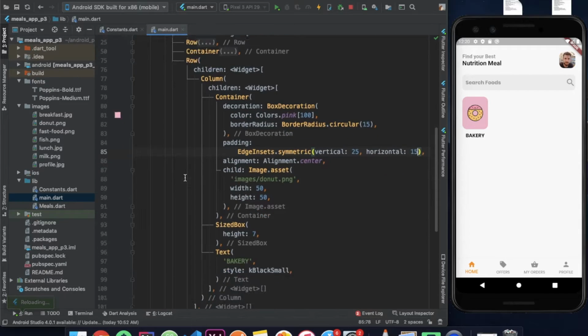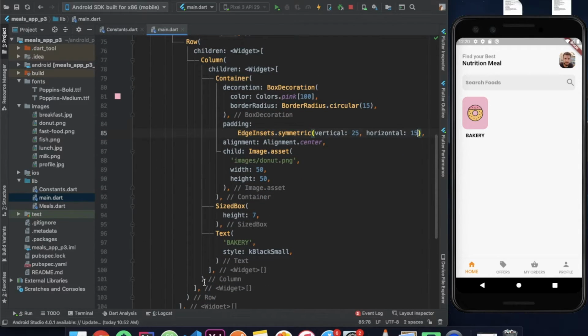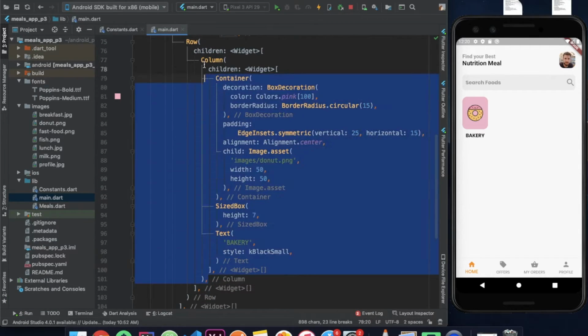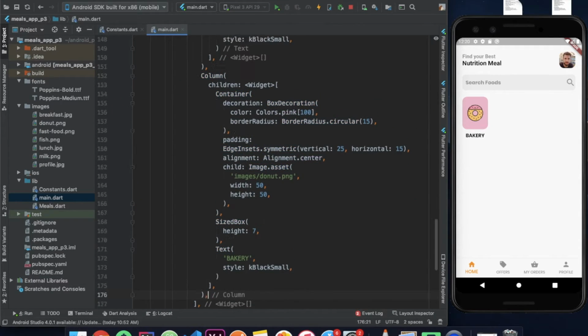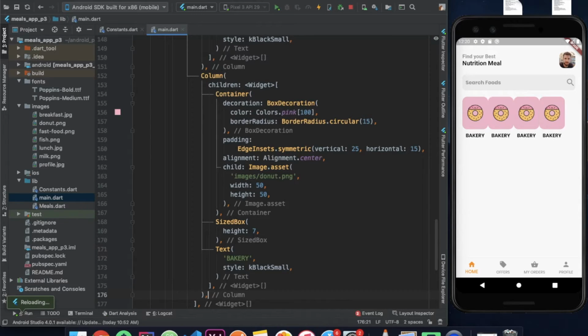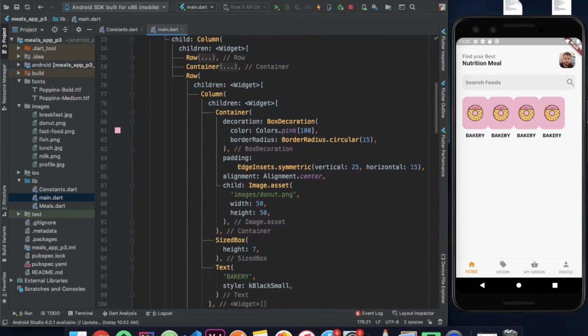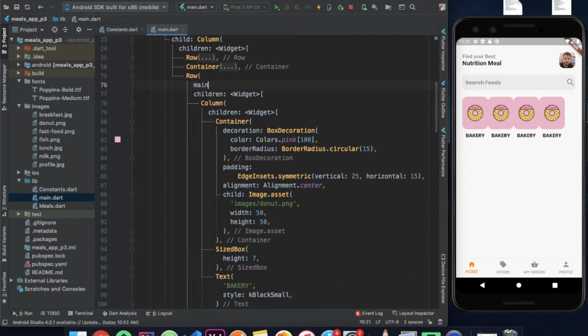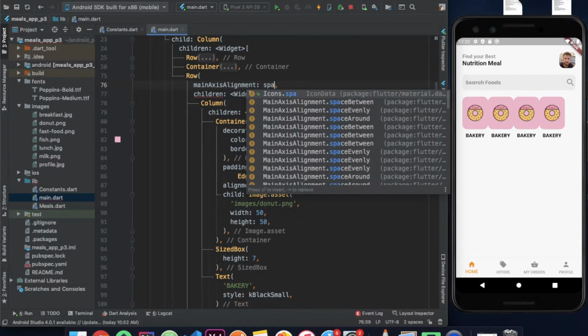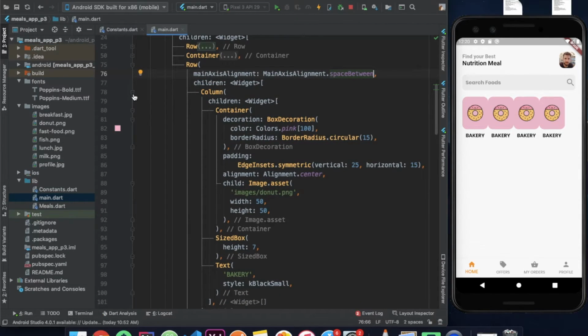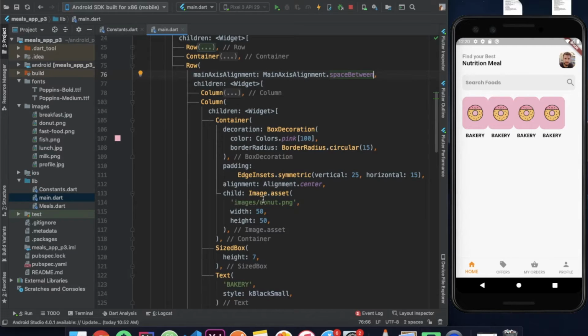So now we are going to copy our column and paste it 3 more times. So in order to change the alignment, we are going to go back into a row and change the main axis alignment to space between, and the second item is going to have an image of